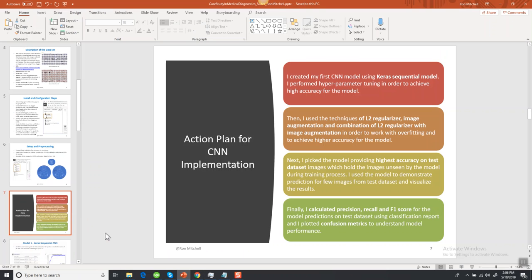Third, I created model 3 using image augmentation in an attempt to improve the overfitting issue. Fourth, I created model 4 using L2 regularization from model 2 and image augmentation from model 3. I applied all 4 models to unseen images from the test dataset to pick the model that gives the highest accuracy. Then I used the CNN model to predict classes for 3 unseen blood cell images, which